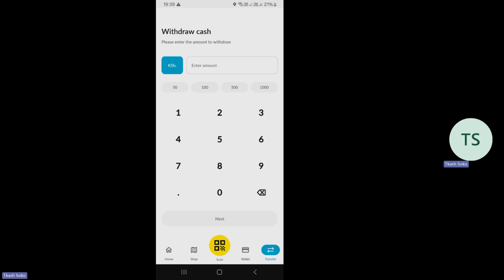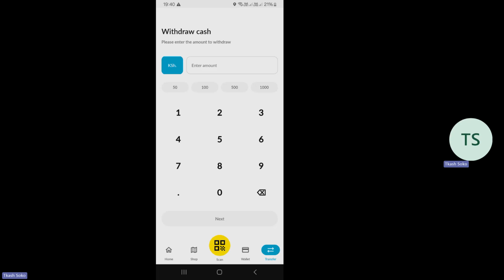It is important for us to understand that withdrawing cash attracts a small fee, and sending money above 100 shillings will also attract a small fee. This is the fee charged by the service providers, a service fee. So it is not something new that is coming with the app. Remember, when you want to send money, even using any other network, there is some money that is deducted as service fee. It's something that has been there even way before the app.